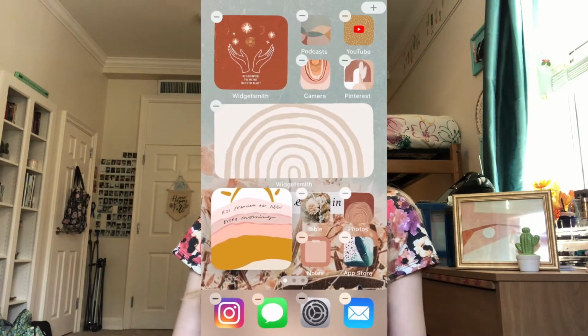So how to customize your app icon? You are going to need to have the app Shortcuts to be able to do this, so make sure you have that downloaded on your phone. It does come with the iPhone, but just make sure that you still have it and that you didn't delete it or anything. So once you have Shortcuts, you can go into the app